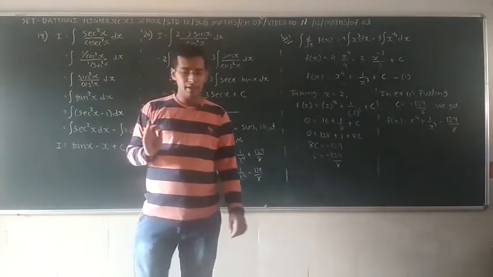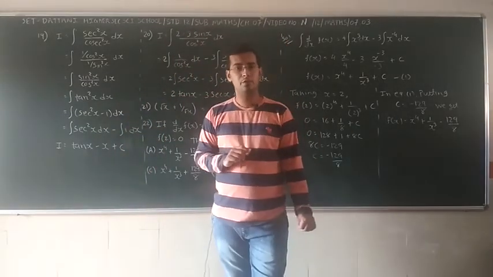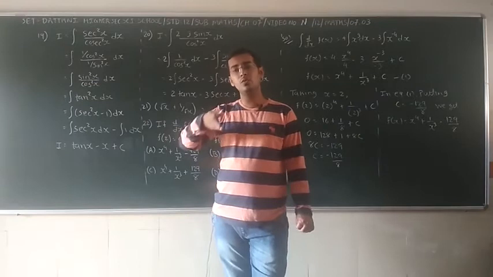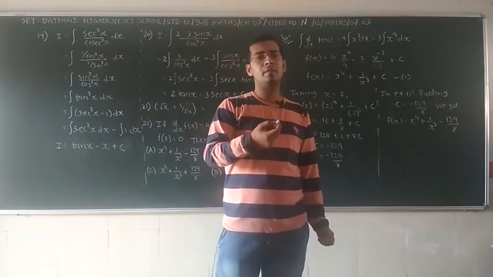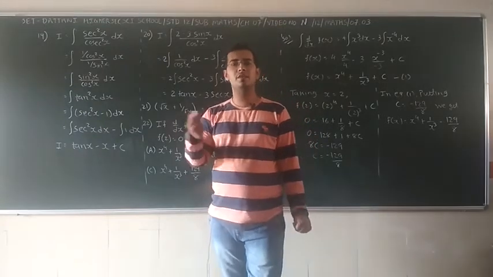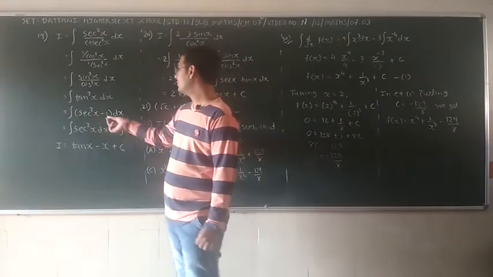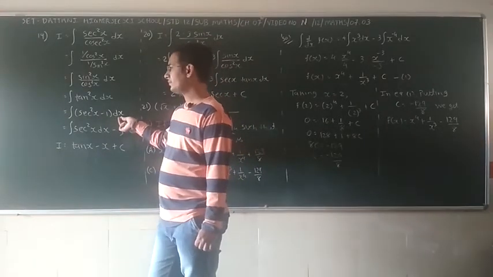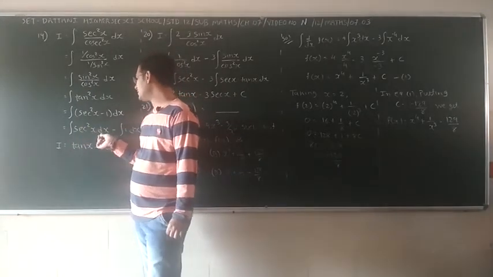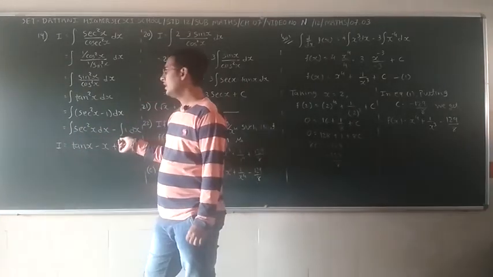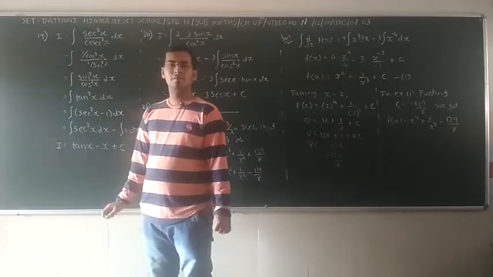So we don't have the formula for the integration of tan square x dx. Okay, so we have to convert it into sec form. So we know the identity tan square x plus 1 is equal to sec square x. So tan square x is equal to sec square x minus 1, dx. Okay, separate the integration: we have the formula, integration of sec square x dx means tan x, minus integration of 1 dx means x, plus c. That is our final answer.